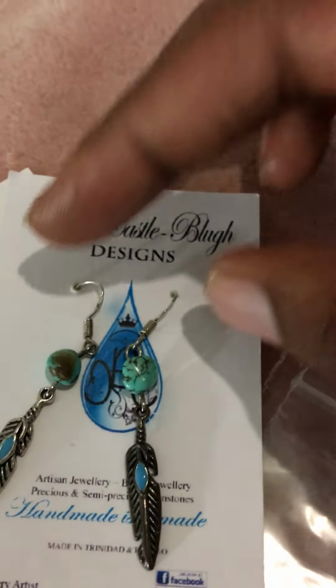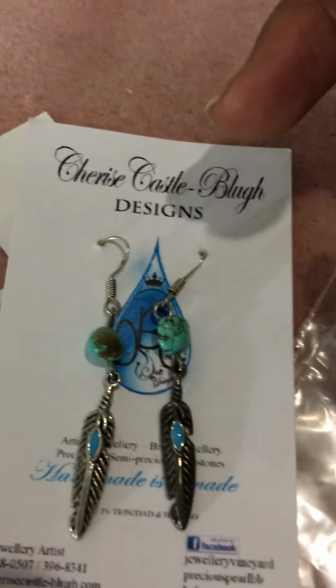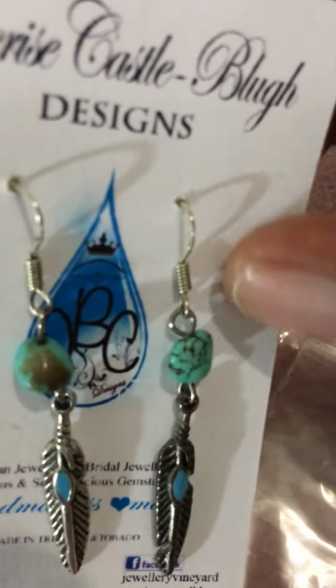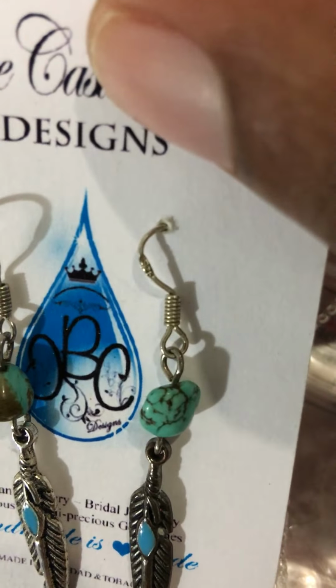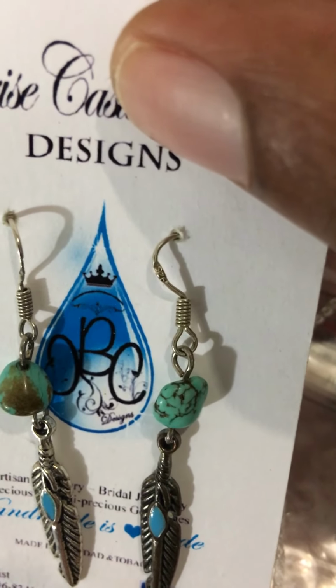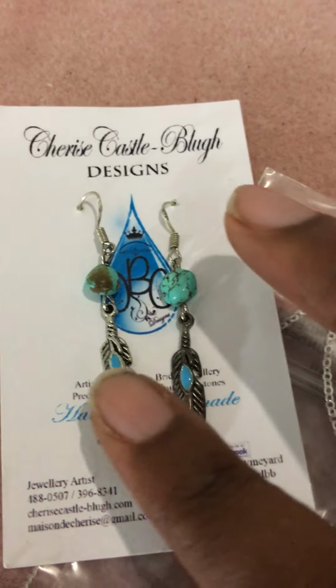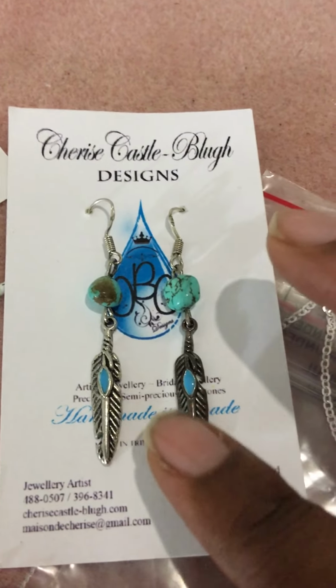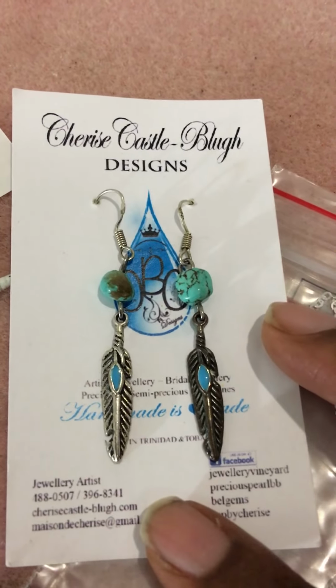Now I want you to look carefully at this. Please know that all components are indeed sterling silver. When I tell my customers something is sterling, I try to make sure that all components are sterling. If you can see clearly, earrings marked 925 on the ear hooks, and these little charms, the native feathers, are actually dipped in a sterling silver liquid and then cooled. So this is what it actually looks like